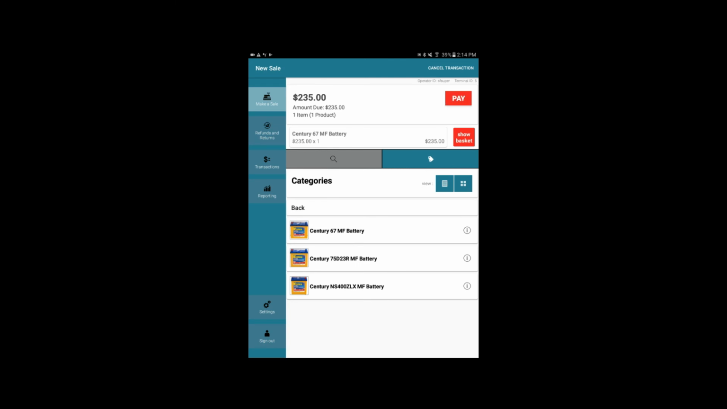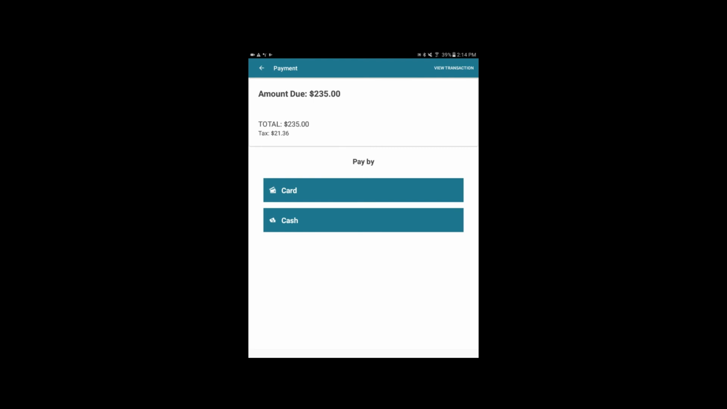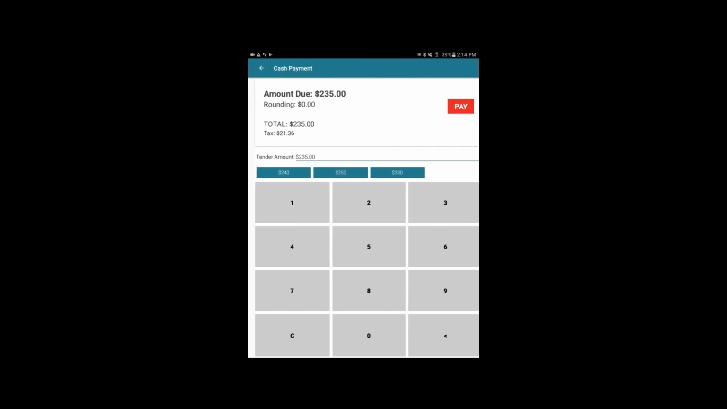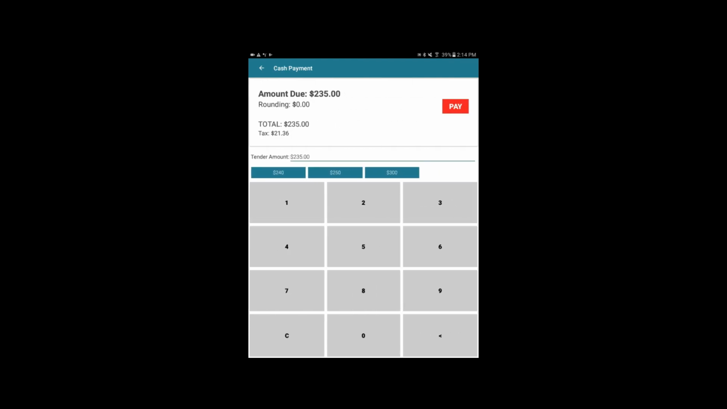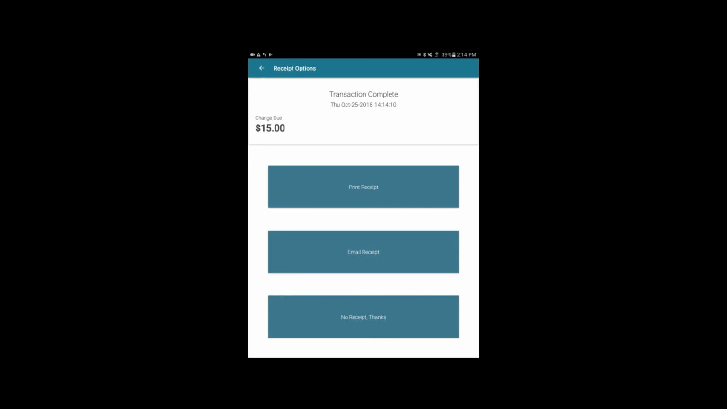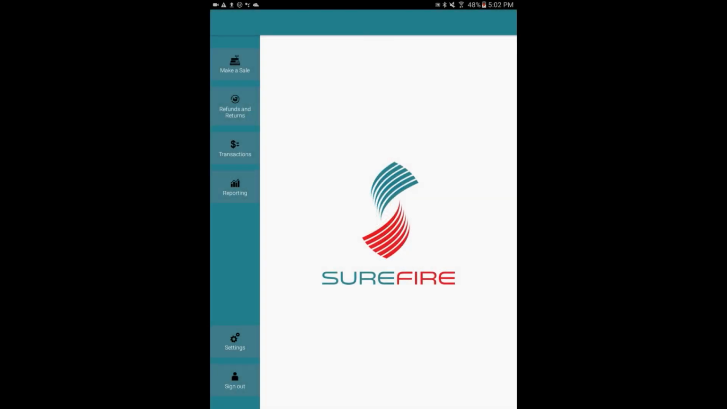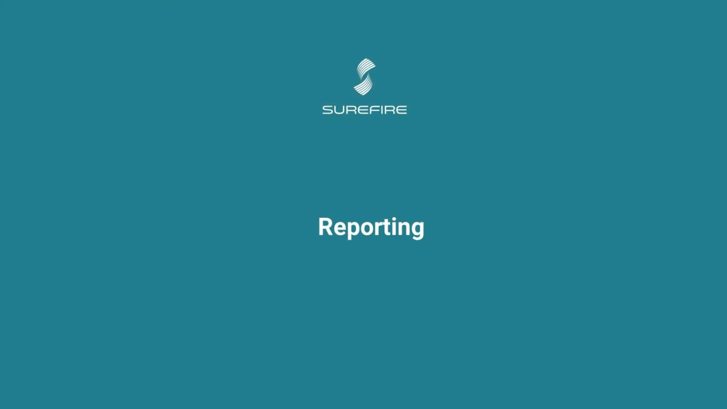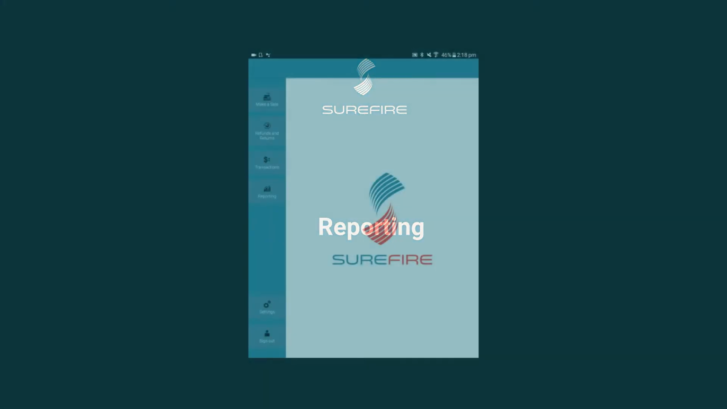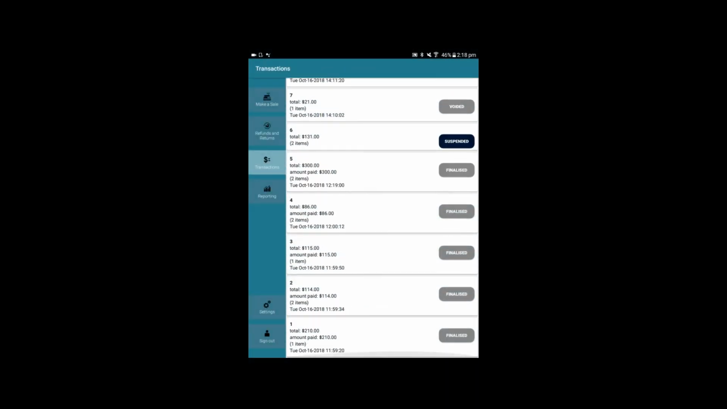Now in this example we chose cash, but if our customer's paying by card, the payment is fully integrated with this transaction, meaning there is one single transaction record consisting of the products and payment, eliminating reconciliation headaches in the back office. In terms of reporting on these transactions, we can quickly view the list in the mobile app,